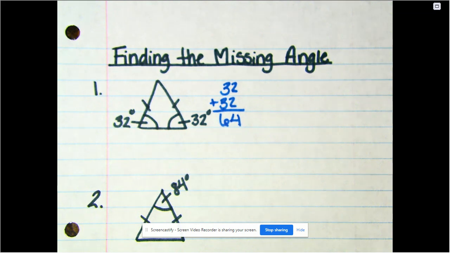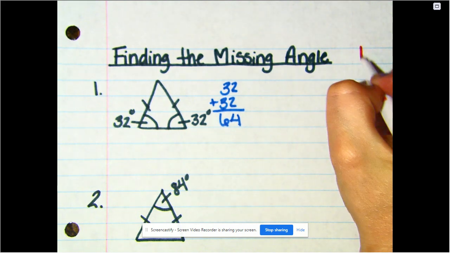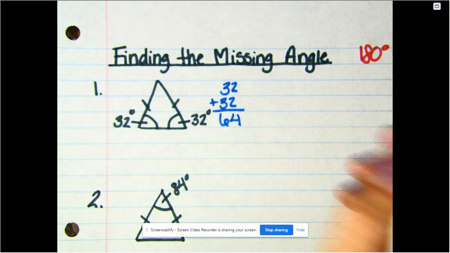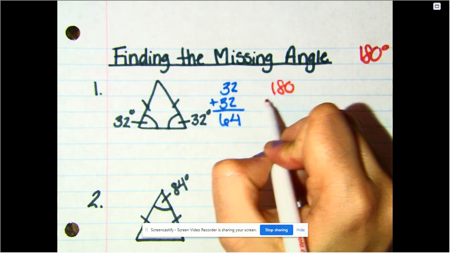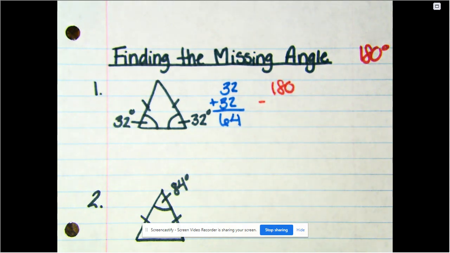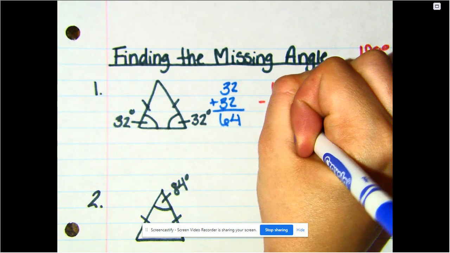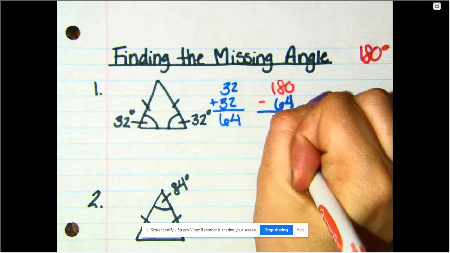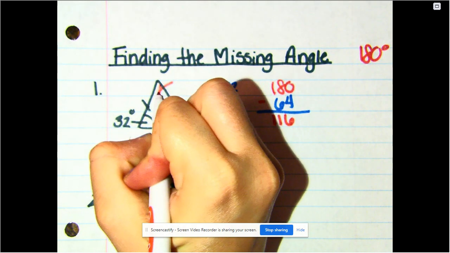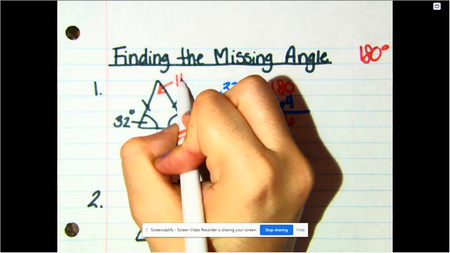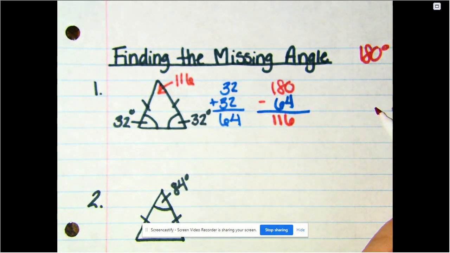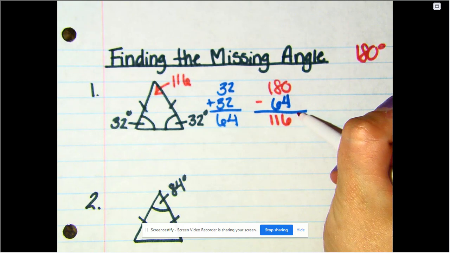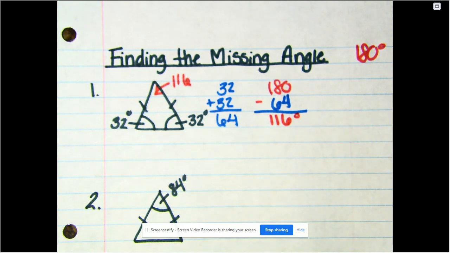And I know the total degrees in a triangle is 180. So let's take 180 and we're subtracting what is given, which is 64. So the missing angle is 116. So this guy right here is 116, and I did not draw this very well to scale at all. So, but anyways, the missing angle is 116,